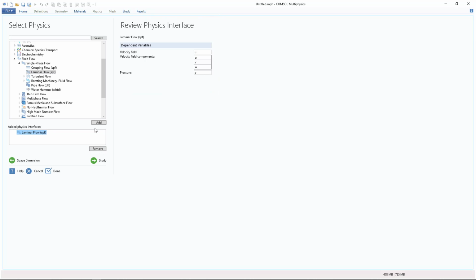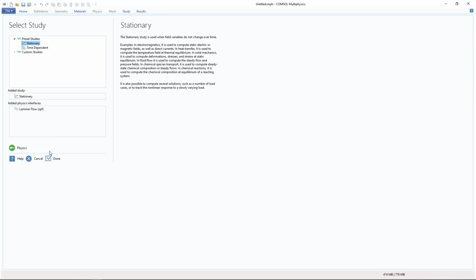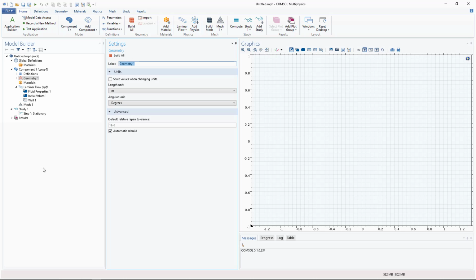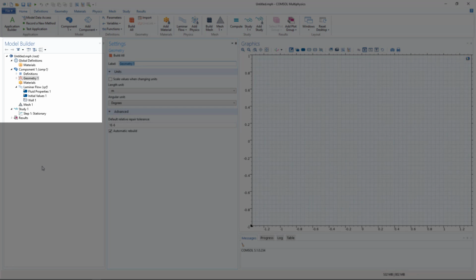Clicking Study brings us to the next screen where we can choose a steady state or time-dependent model. As we often do in chemical engineering, we'll just model the steady state solution, which should compile and solve much more quickly than a transient model. Clicking Done will create the model using these parameters and start us in the geometry mode of our primary component